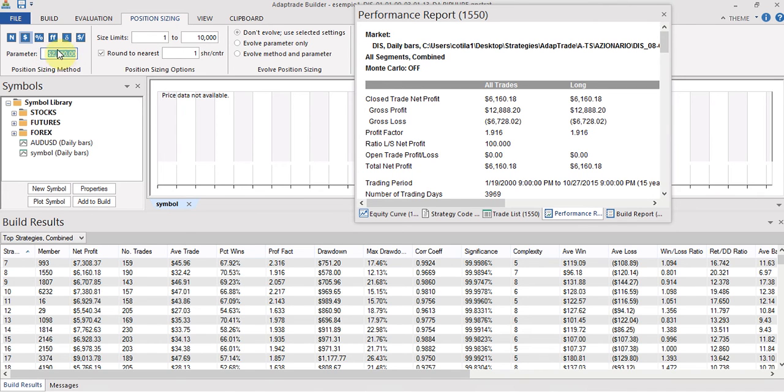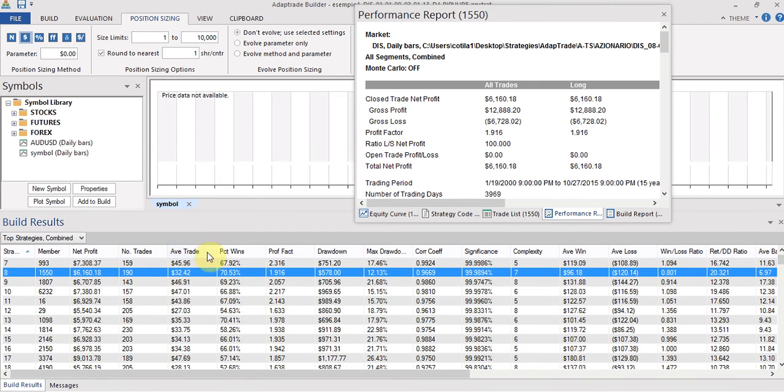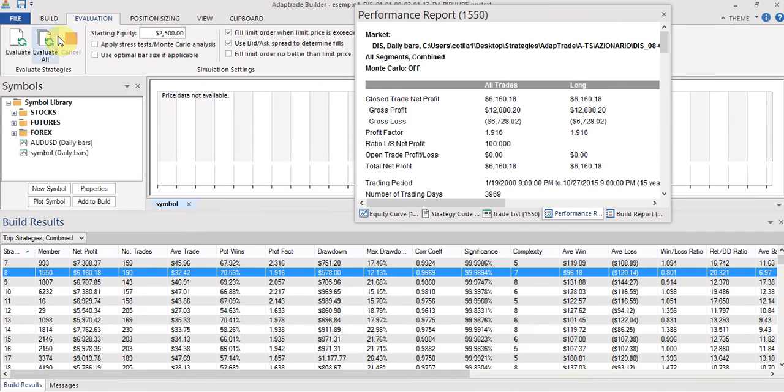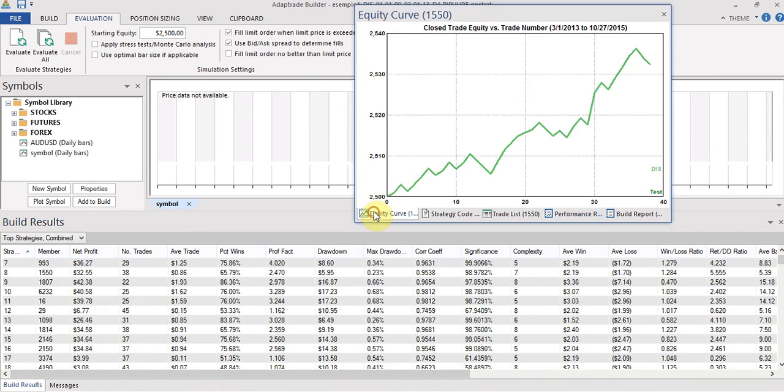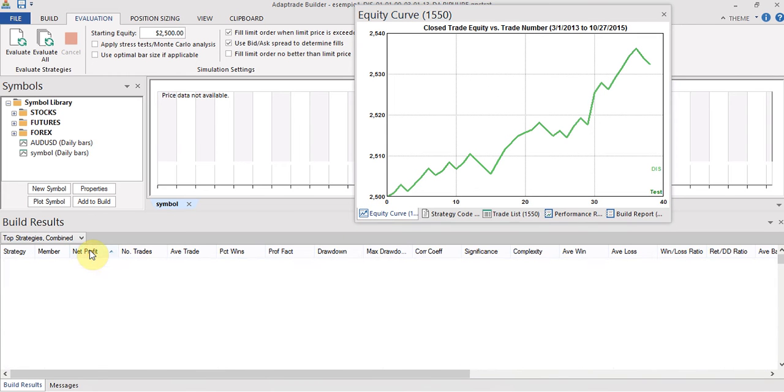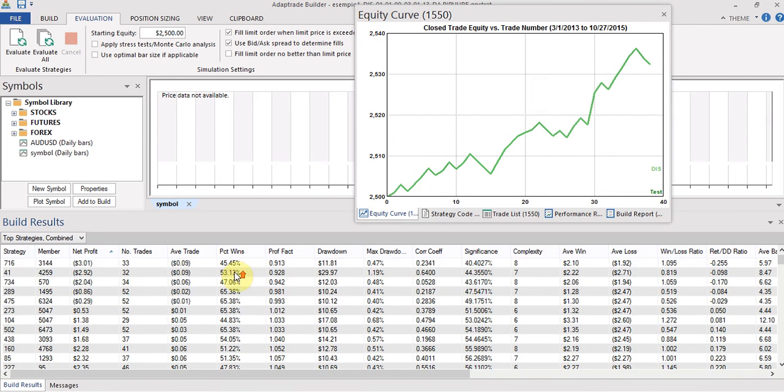You might even change the amount, or even change the position sizing method, such as fixed fractional or fixed ratio, whatever you want. So I'm going to ask the machine to evaluate all this process, and you see in some cases